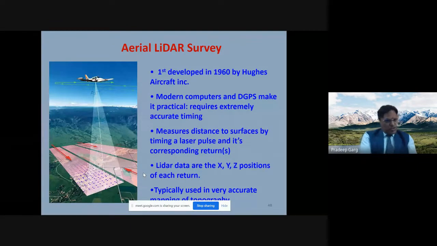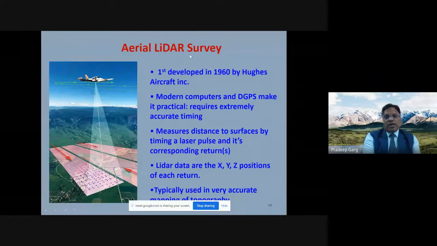Then aerial LiDAR survey, where you have the LiDAR based instrumentation mounted on the aircraft. So they are low-lying aircraft, and this was actually started in 1960, but that time it did not get so much popularity. But nowadays, this LiDAR-based technology is gaining popularity, particularly if your area is large,